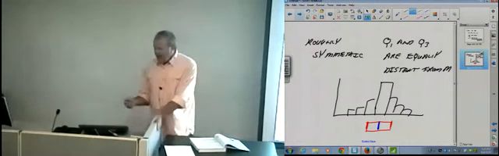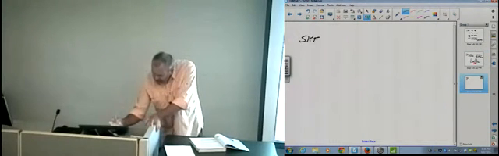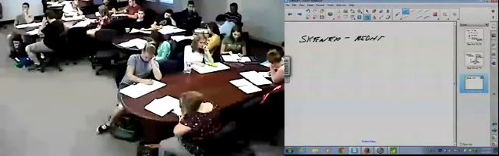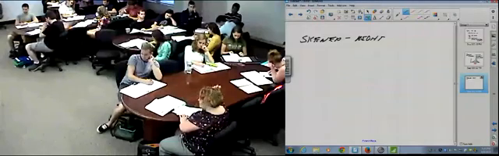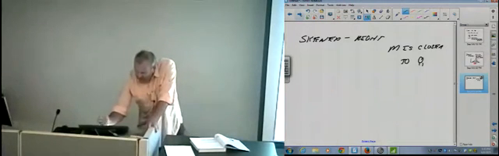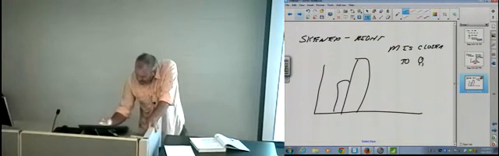Okay? Now, we go to the other two shapes that we like to talk about here. Skewed right. I'm going to give it to you like this. The median is closer to the first quartile. Or if you like, the third quartile is further away. Okay? So if I'm looking at a histogram, just to show you why this works like this, why we would expect this, if I'm looking at a histogram that's skewed to the right,